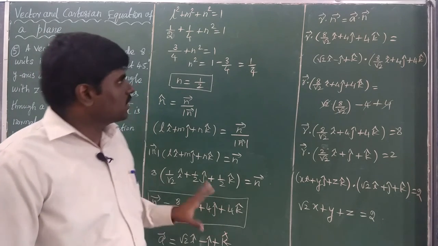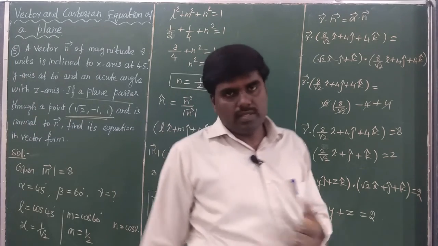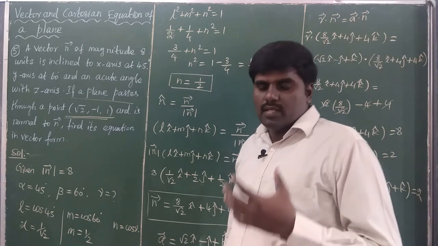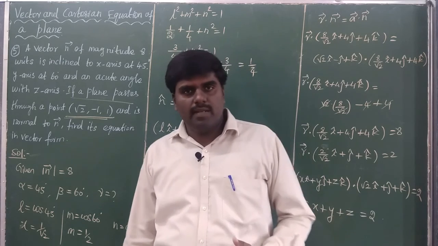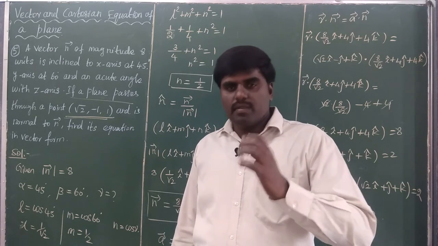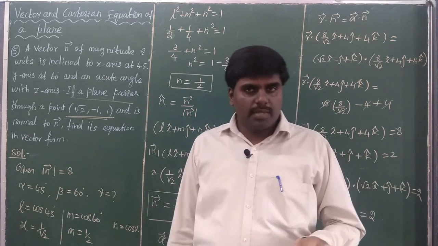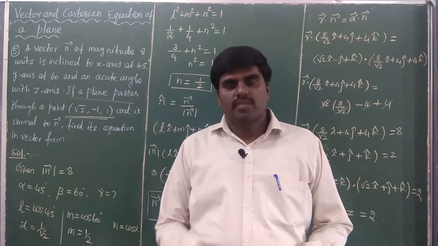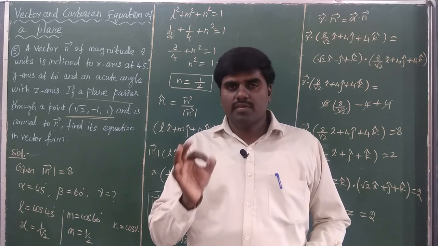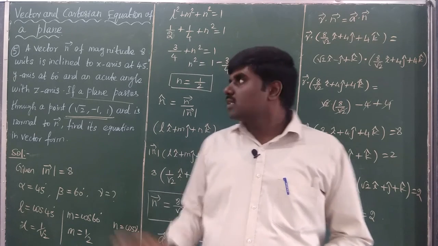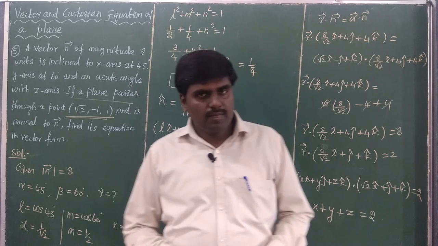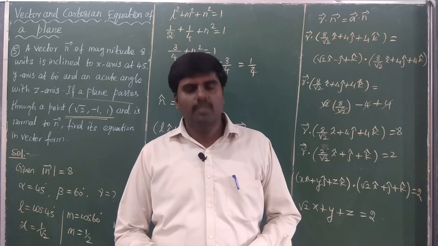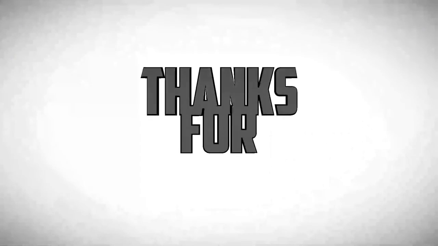This is a very important topic. Sometimes a 4 mark question is asked in our board examinations. So, the vector and the Cartesian equation of the plane. Here we discussed the important 5 problems. After you go through it in this book, next you go to the NCERT book. I am sure you will find it very easy. This topic is over. Next topic, the vector normal form. We will discuss it in the next video. Thank you, children.